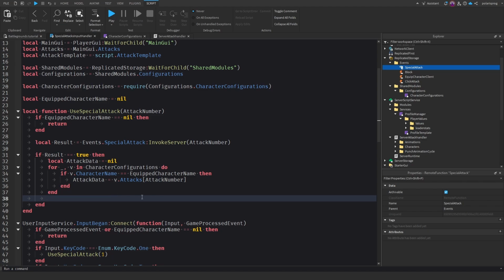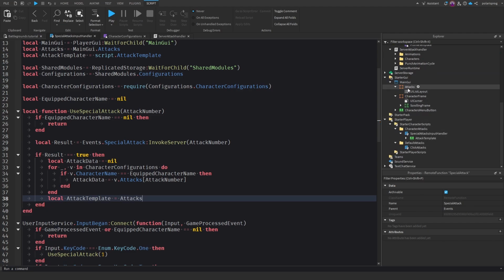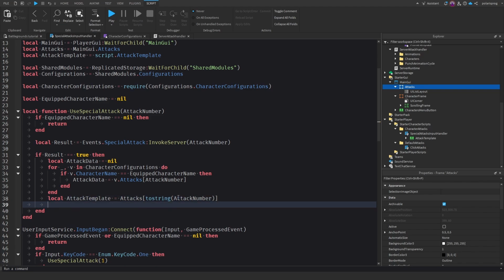That was a pretty bad voice crack. And what we're gonna do now is local attackTemplate equals attacks, which we have right here, and we're gonna do the square brackets, and we're gonna convert the attack number into a string, so tostring(attackNumber), and that should return the attack template. And now we'll do the debounce frame. We're gonna make it work. So attackTemplate.DebounceFrame.Size